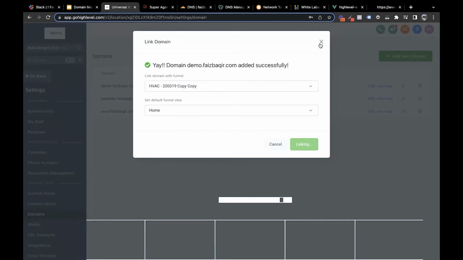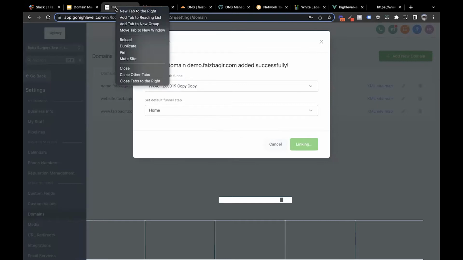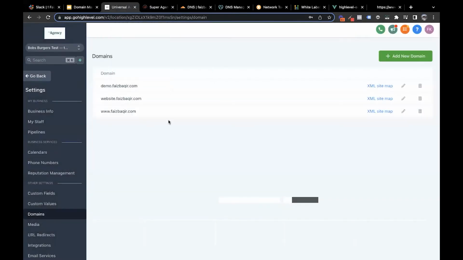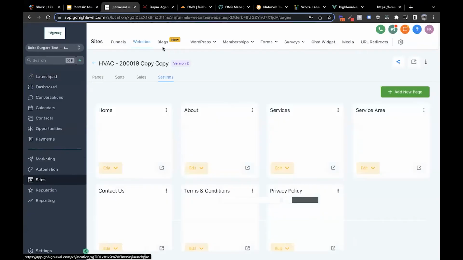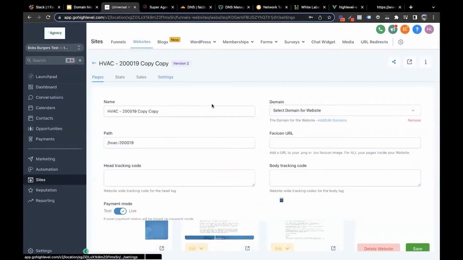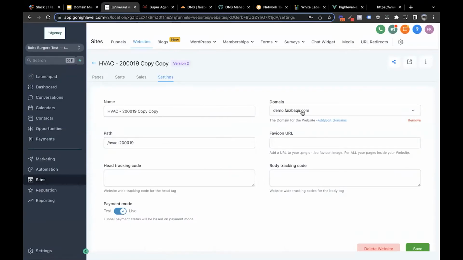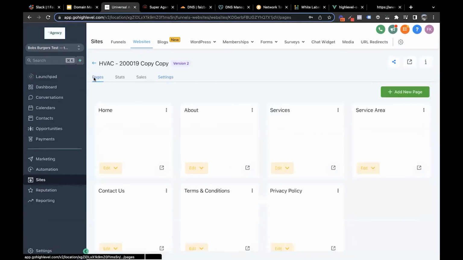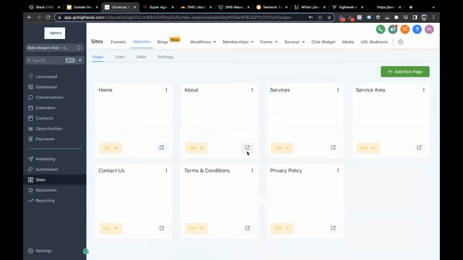So meanwhile, while it's doing that, why don't I just actually, it read my mind. So it's right there. Now that we have connected it to our funnel, I'll go back. Sorry, website. Now I am in my website at this moment. And if I check the settings, it is connected to demo.fezbucket.com. Now, if I open any of these pages,